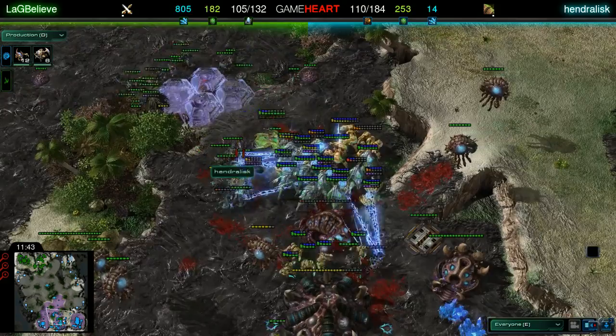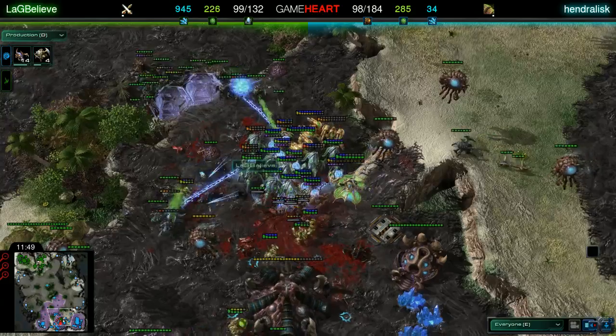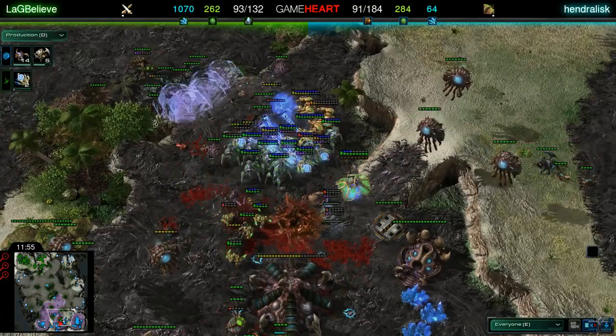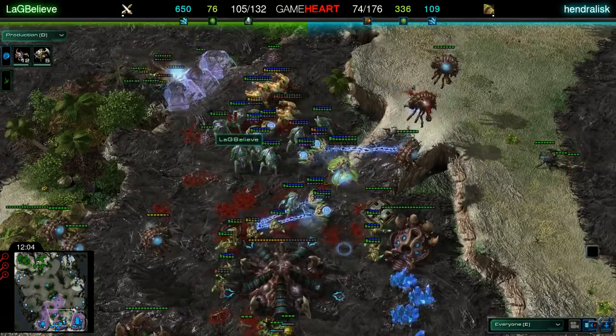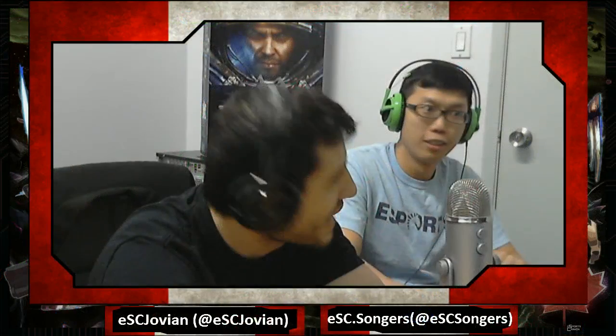Cut off at that ramp here, and now this natural is under attack. Hatchery's going down. All the drones are already dead, and these roaches are just coming in one by one with 3 Immortals. There's no way they can take out this Protoss ball. Oh my goodness, Believe played this beautifully, was able to warp in just the right units. The Immortals doing immense damage to these roaches, and Hendralisk goes down 1-0 to Believe and calls